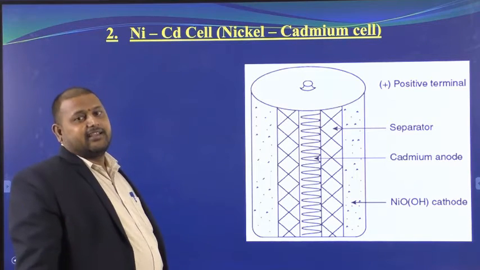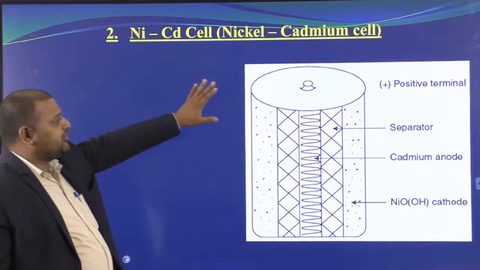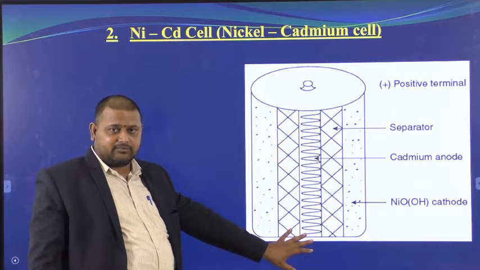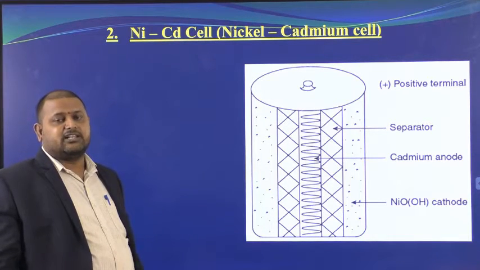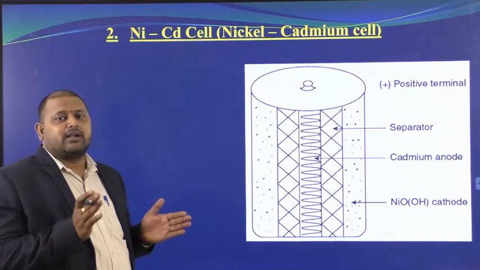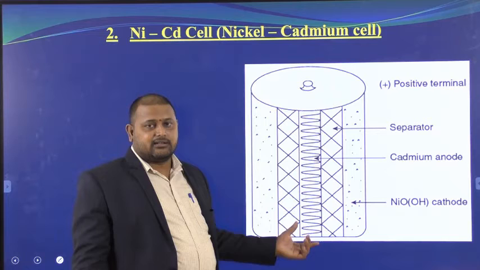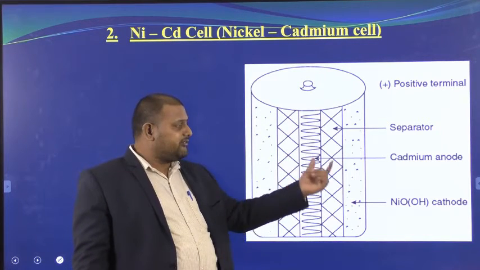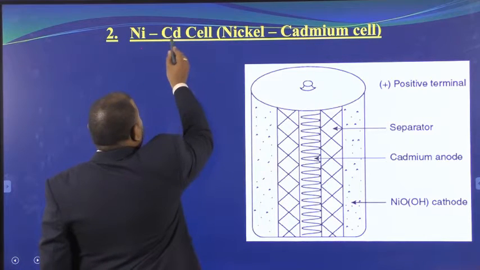Secondary battery. The first example of a secondary battery is the nickel cadmium battery. If you remember the diagram thoroughly, you can write it point wise. It is very simple to understand the concept, provided you understand the diagram. So concentrate on the diagram, and if you have any doubt, rewind this video. So now we have the nickel cadmium.